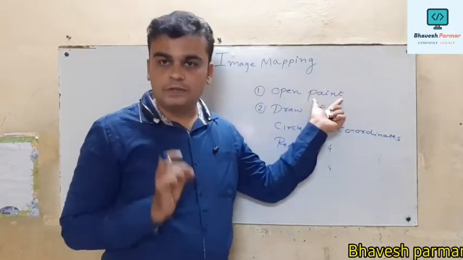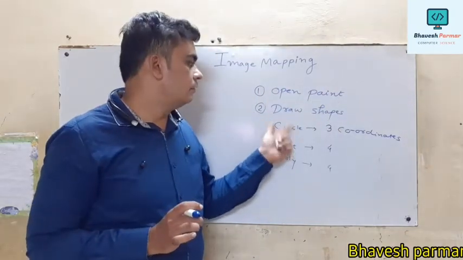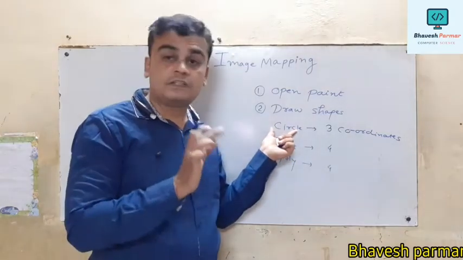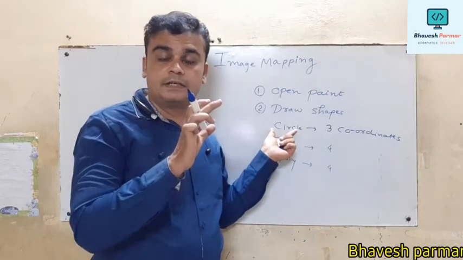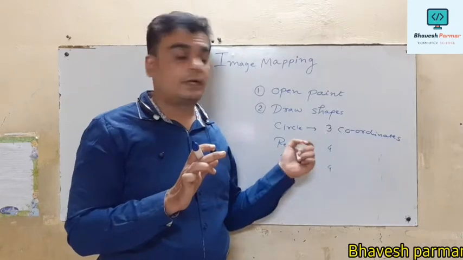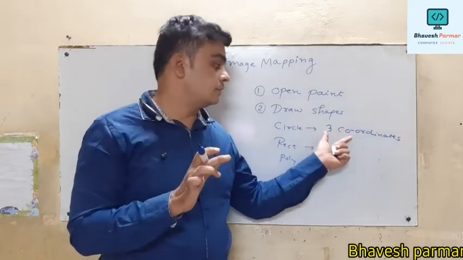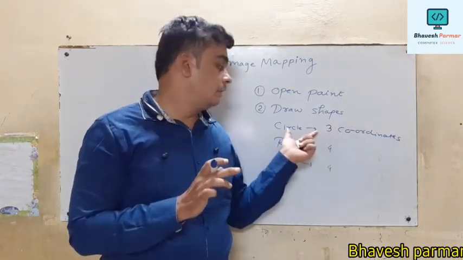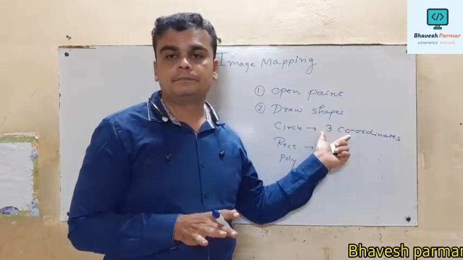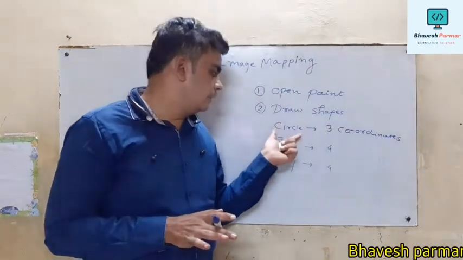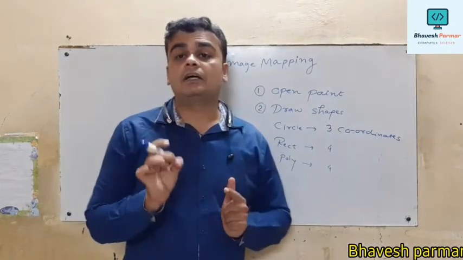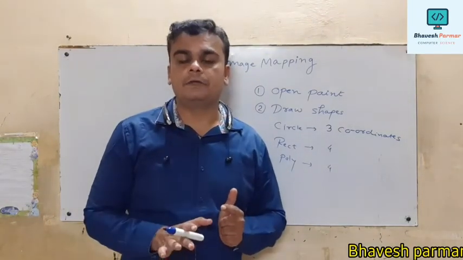So what is our first step guys? First of all, we have to open the paintbrush. Then first we are going to draw the circle. When we draw the circle, after drawing that circle, we should write down the coordinates simultaneously, or you can also take the screenshot, because these coordinates are very important. After we release the mouse button, the coordinates disappear. So similarly, we have to draw the rectangle as well as polygon and write down the coordinates very carefully.